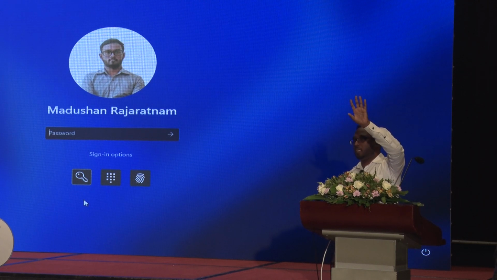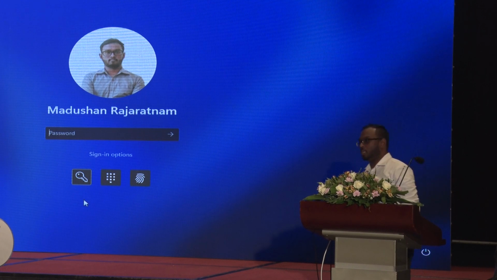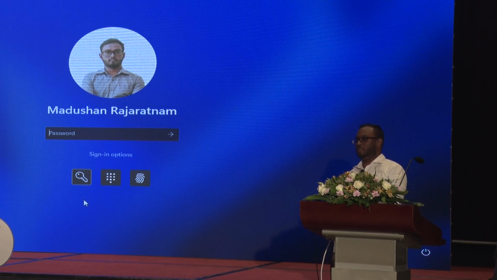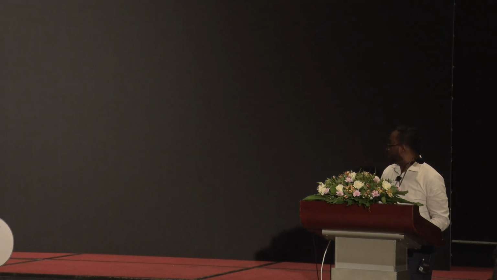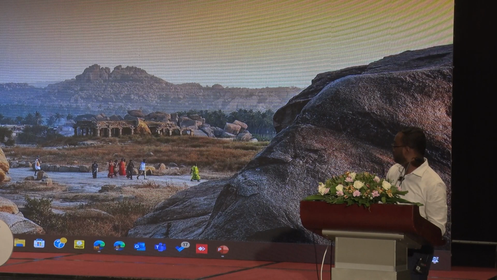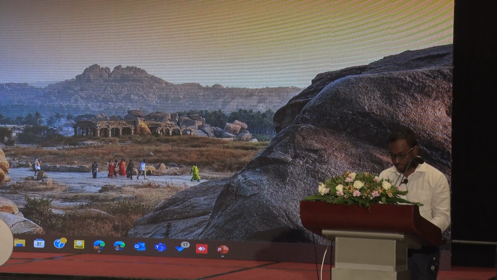Okay. Now tell me, a 12-character password or a 6-character PIN, which is more secure? Passwords, just give a hands up. Okay. So all of you agree with PIN. Great. Simply, you log into the device with your PIN or your thumb, that is basically the passwordless. And apart from that,